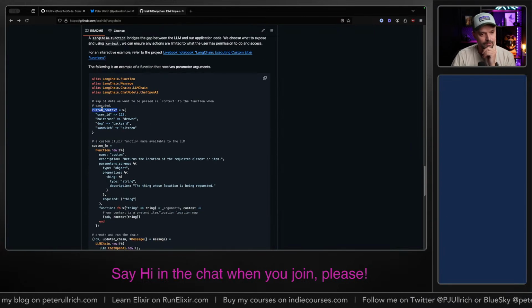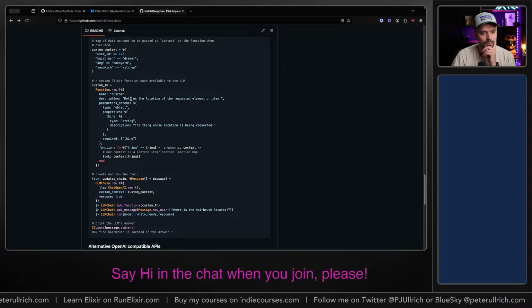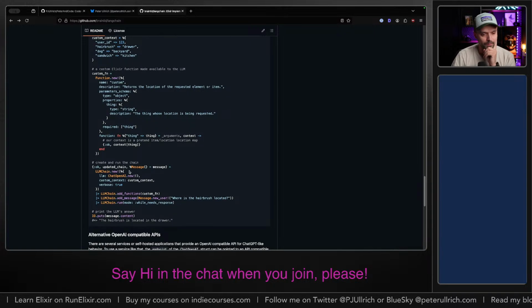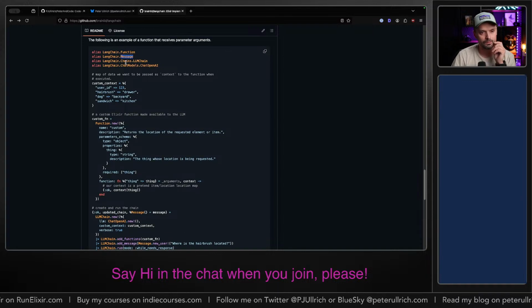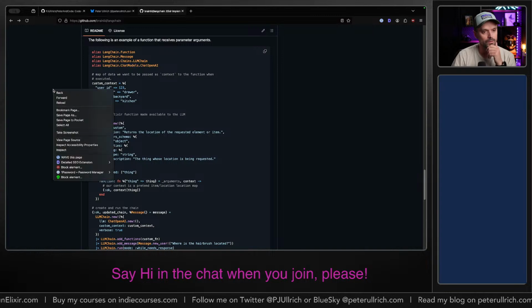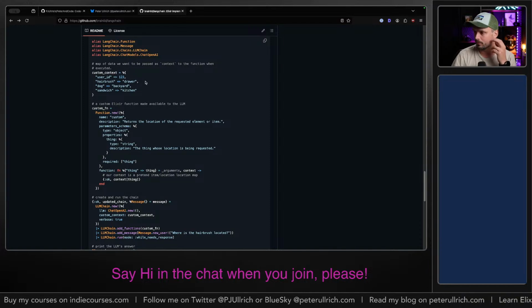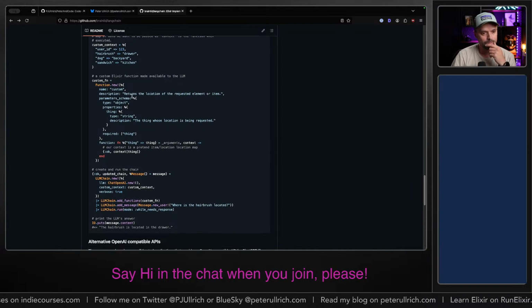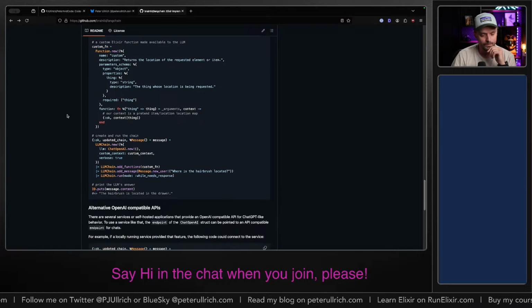And you can give some context. You have a function here that returns the location description. Where's the prompt? So you have LangChain, and you have functions, message, and different chains and chat models. You have a custom context, where you can give it some information you always want to give to every single action. And then you have a custom Elixir function that returns the location of the requested element or item. Well, we need to understand this a bit better.